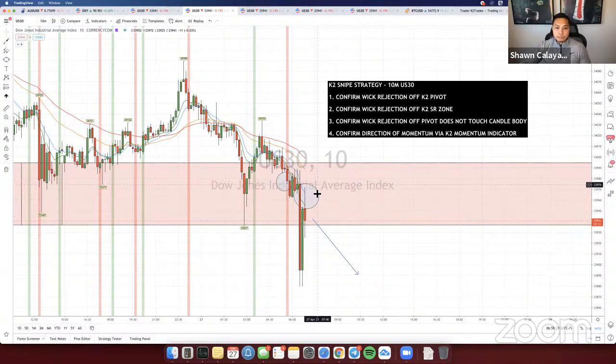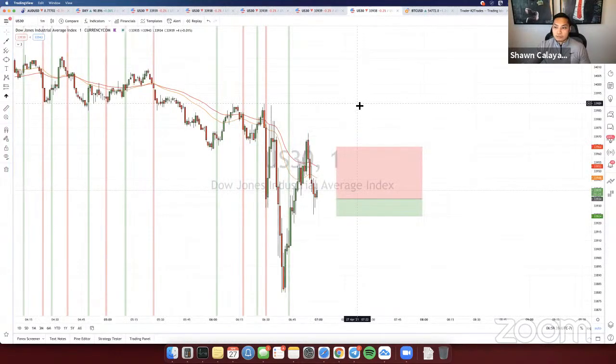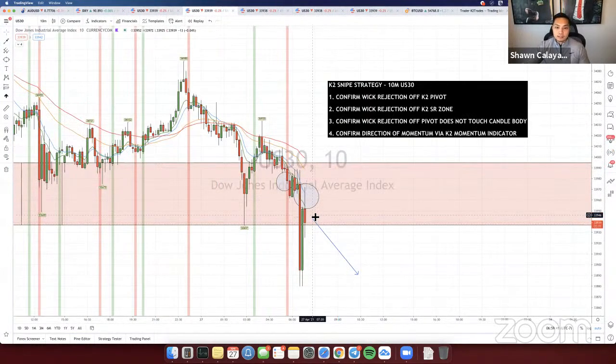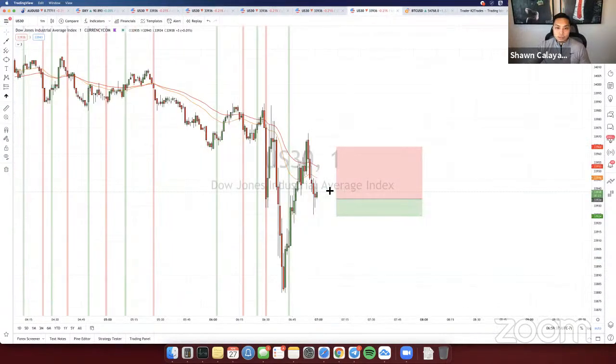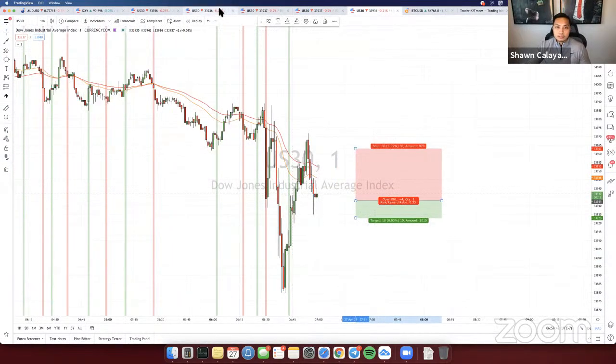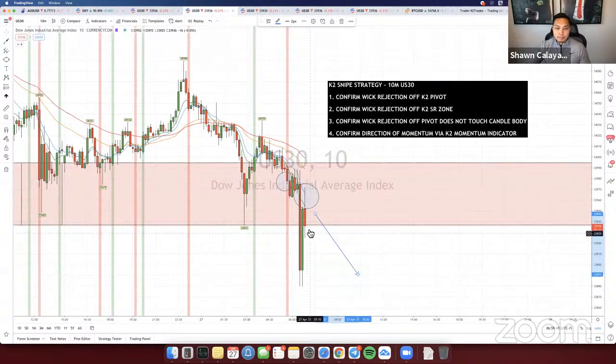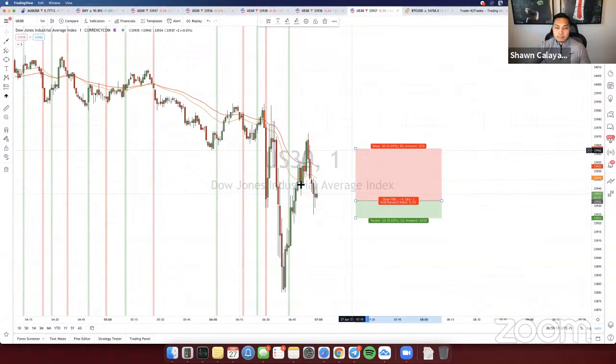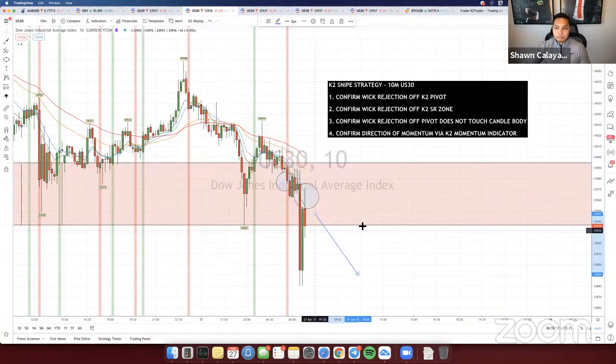I'm not going to take the trade, but we'll follow it. So just keep that in mind, guys. Right now, it's kind of risky to enter these trades because we don't have the full confluences that we're looking for. But this is going to give us confirmation. So if we see this drop right here, we'll use this as an indicator to take our sell scalps here on the 1 minute, right? Because if it shows on the 10 minute that price is going to come down, what's going to happen on the 3 minute? It's probably going to come down here. What's going to happen on the 1 minute? It's probably going to come down here as well. So we're basically going to be scalping within the full move right here.